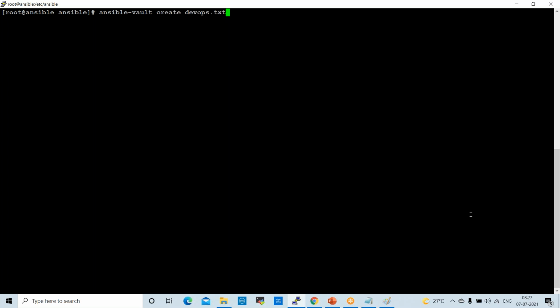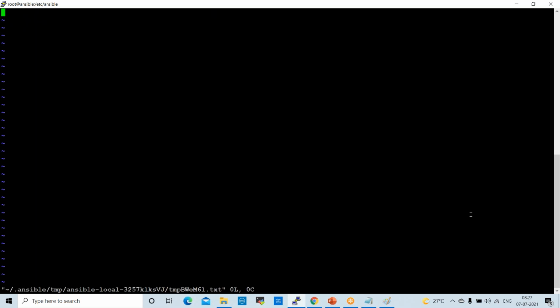Whenever I create a file using Ansible Vault, it will ask you to add some password. Enter here. Now it is asking for a new vault password. I'm giving 123456. Enter. Confirm password 123456. Enter. Now it is asking for some content.